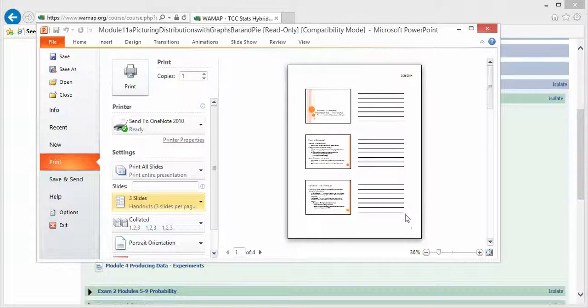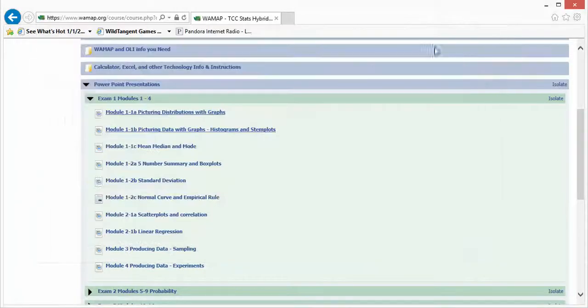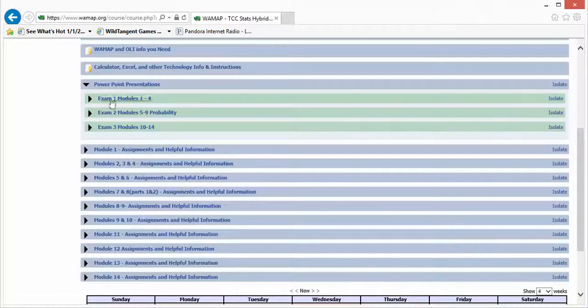This way you're not trying to furiously write down everything that's on the overhead, because they go pretty quickly, and I have to keep things moving. We only have 2 hours together, so I want to use our time the best. So come prepared with these already printed out and in a notebook, and then you always have your notes in a nice organized way to use at home and in class. So you'll see on the schedule in the syllabus which sections we'll be covering in week 1. We move through the first 4 modules pretty quickly, so just be prepared for that.